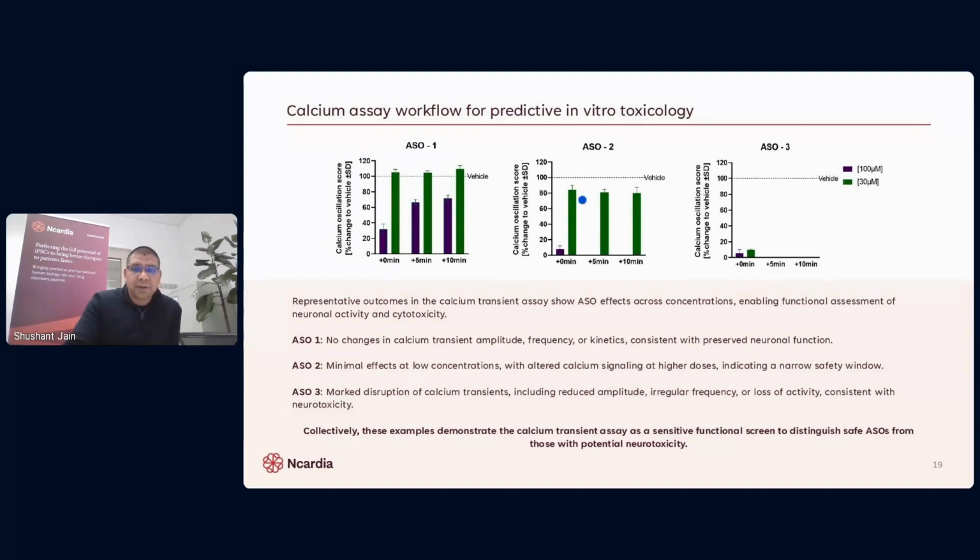ASO2 at the higher dose has quite a significant impact on calcium oscillations, where at the lower dose it has a minimal impact on the oscillation score, indicating a narrow safety window, whereas ASO3 has quite a significant impact on calcium activity, highlighting that this molecule is likely to be